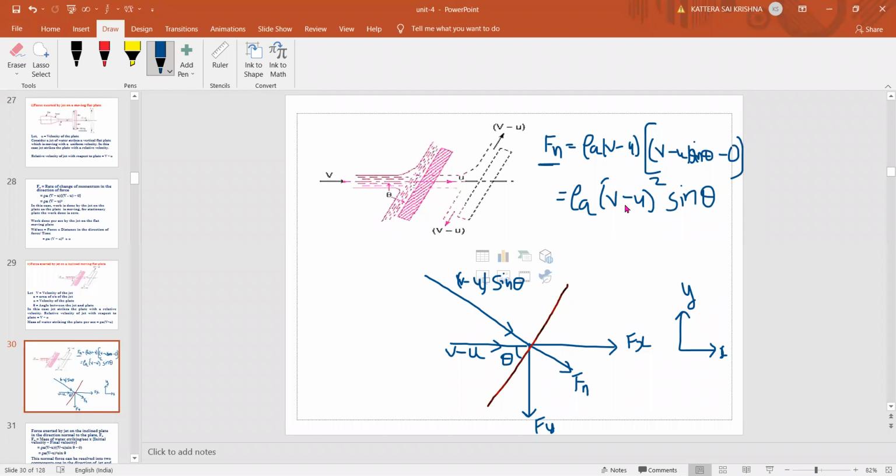Right, so after getting Fn, we need to find Fx. By using this Fn, you can find Fx very easily. First, we need to take this angle also on the opposite line. Theta is the same if these lines are like this: a line is there and we have one more line. These opposite angles will always be equal. This is the line and this is a horizontal line, so the angle between these two will be equal on this side also. Right, so now we want Fx. I'm writing Fx here, just see.